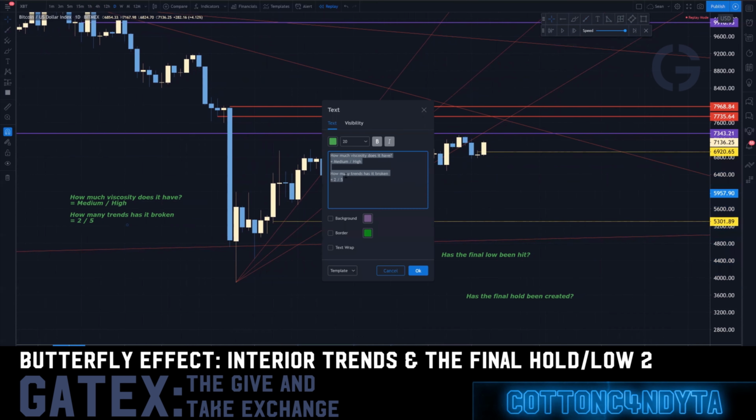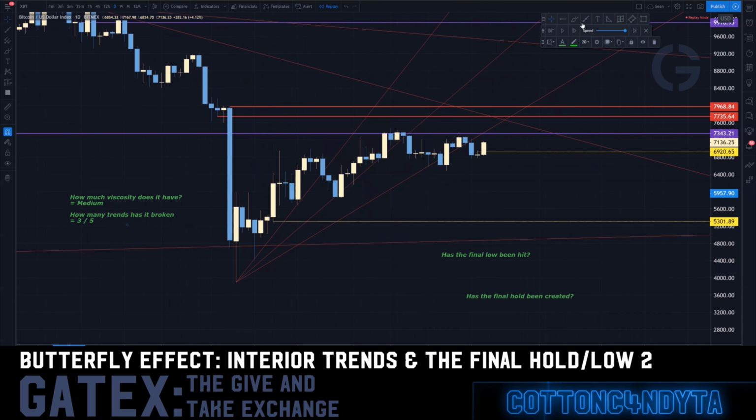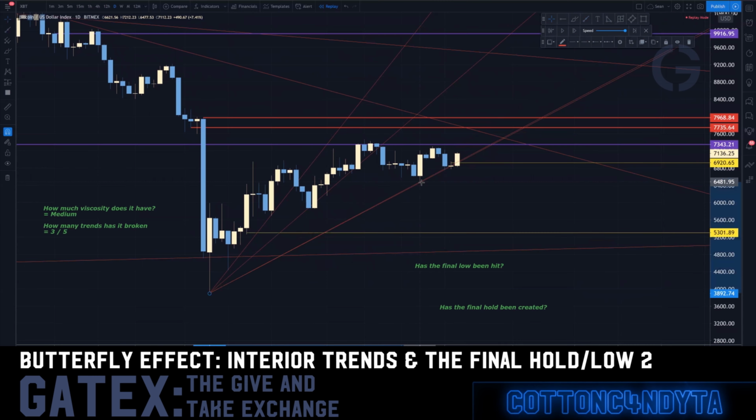This one breaks right there. So it actually does break its next trend. So now we're kind of at medium viscosity. So this is just starting to dwindle off this move, right? It's starting to taper off. We've already broken 3 trends. So the viscosity is kind of reducing in this trade, and then we're at this point here, which is, you